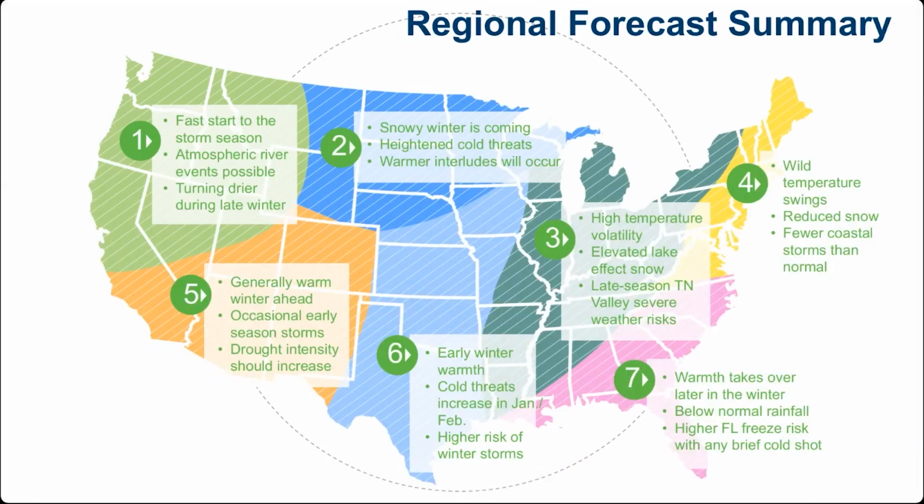The Great Lakes, the Ohio and Tennessee valleys, and the lower Mississippi Valley will have volatile temperature swings and risks of some heavy lake effect snow at times around the Great Lakes. The Northeast also could have large temperature swings, but less rain and snow than usual, with the storms tracking further inland than normal. Southeast should be warmer than average, especially late winter, but brief colder shots are possible. And when they occur, they could be sharper than usual, bringing an occasional slight frost and freeze risk to Florida.